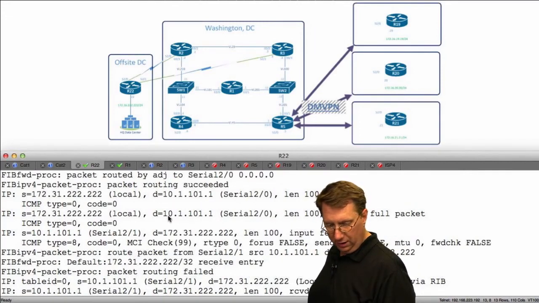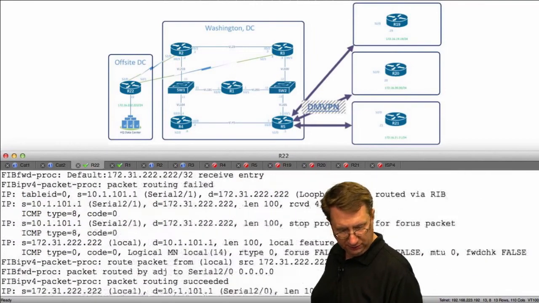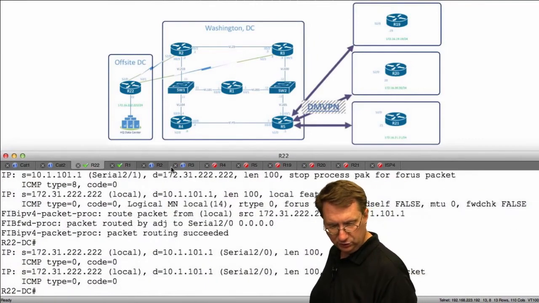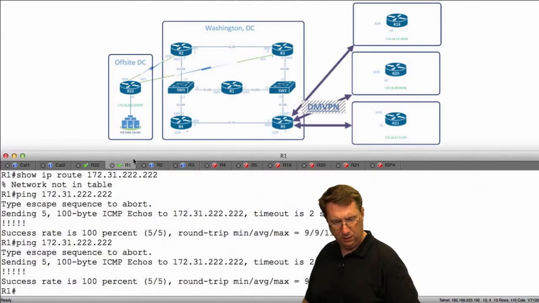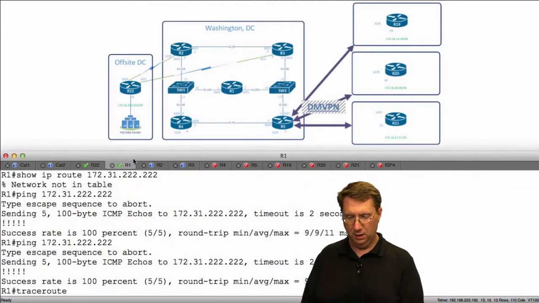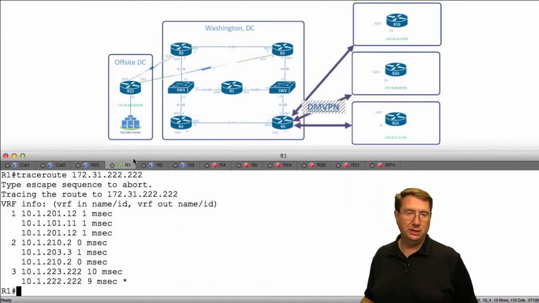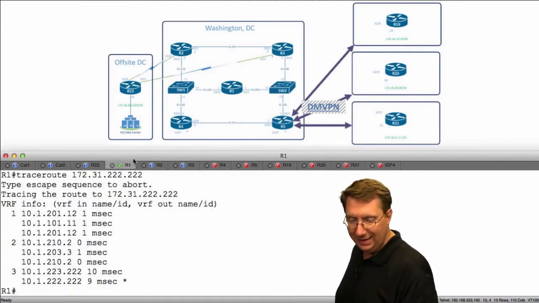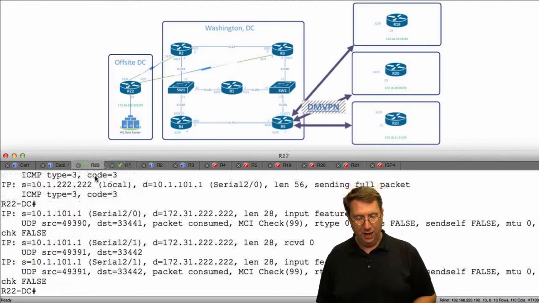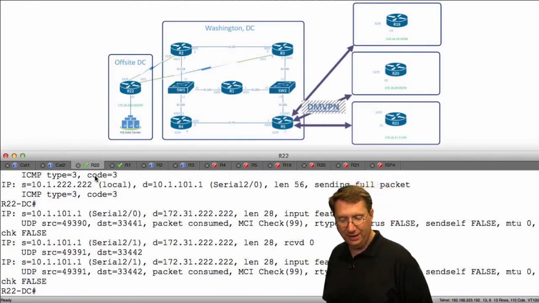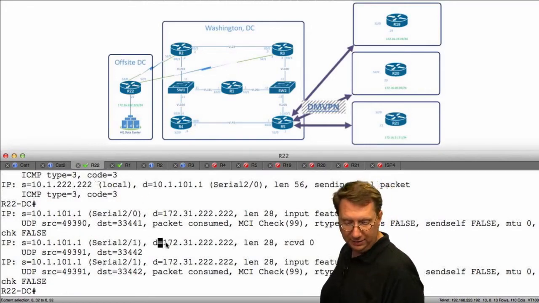So let's see here, we should have reachability for all of this. Let's do a trace route on this. Let's see what's going on here. So trace route to 172.31.222.222. And we're load sharing. So we have the reachability. The packets are actually making it to R22. And we can see here that the information is associated with what it is, like the destination address and the